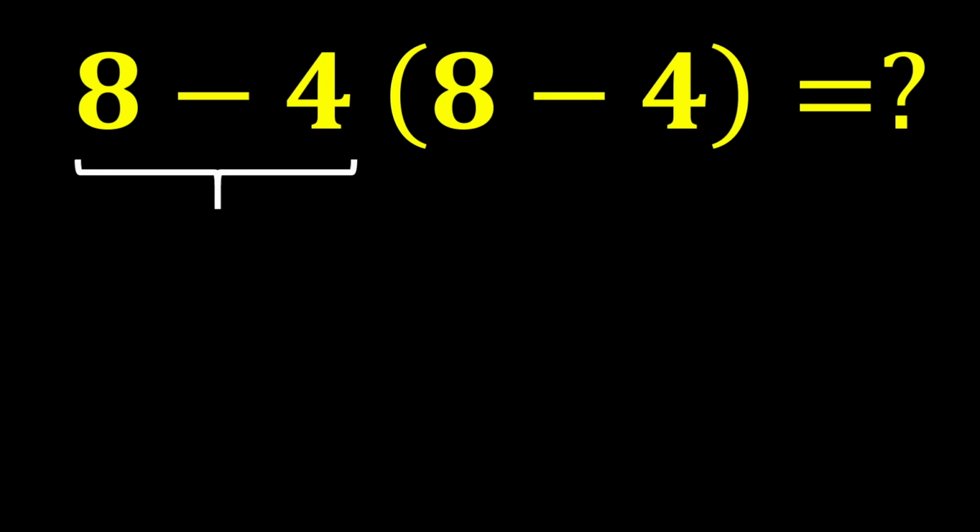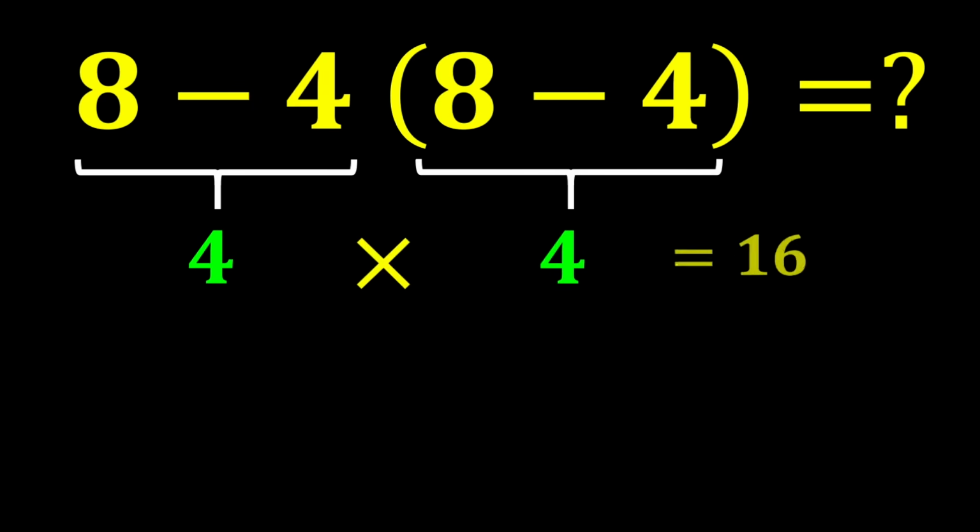8 minus 4 gives us 4, and again, inside the parentheses, 8 minus 4 gives us 4. In the end, 4 times 4 gives us 16, which is our final answer. But this answer is not correct because we did not follow one of the most important rules in mathematics called